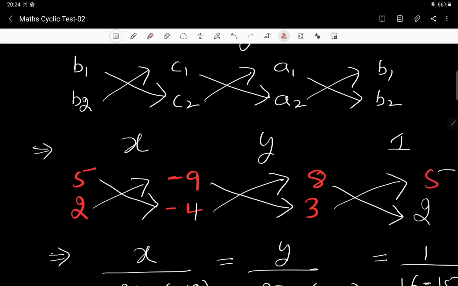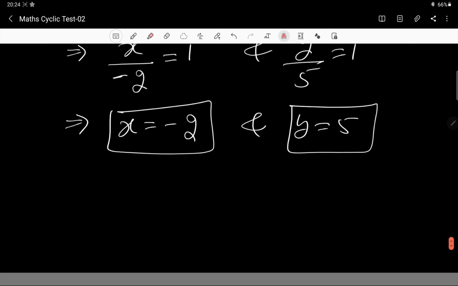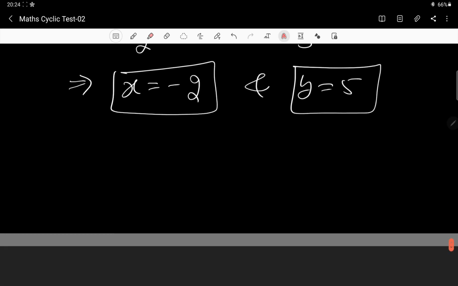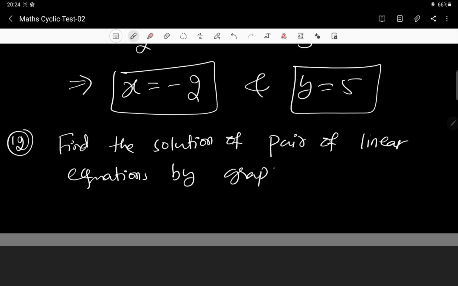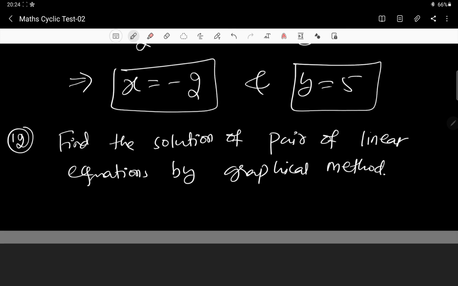So then the calculation carried forward, and definitely we are going to get these answers. I think that was the 11th question, and we have reached the 12th question. This 12th question is regarding the graph. Find the solution of pair of linear equations by graphical method. Here there is an option for me to draw the graph also,